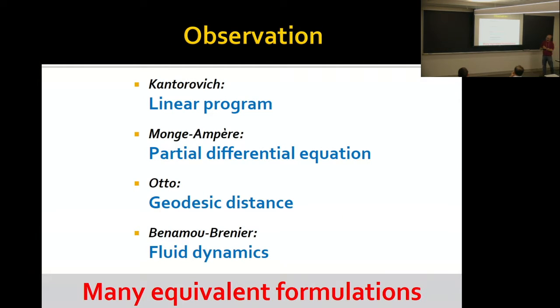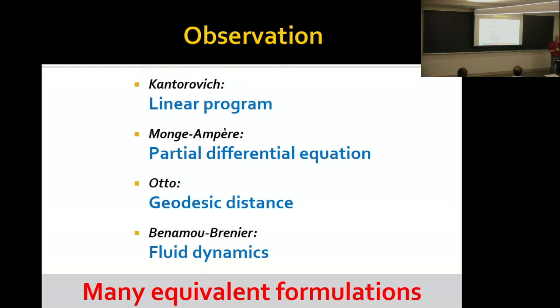Now there's an additional interesting observation in this literature, which we're going to dig into today: although I gave you one particular way to write down the transport distance, we'll see that there are actually many different interpretations. What I showed you so far is a linear program. We'll see that there's a partial differential equation sitting here. This is the Monge-Ampere equation. You can actually interpret it as a geodesic distance in an infinite dimensional space of probability distributions. And there's even a fluid dynamical interpretation of what's going on in this problem. These are all the same in theory. They all give you exactly the same value, although the equations look very different.